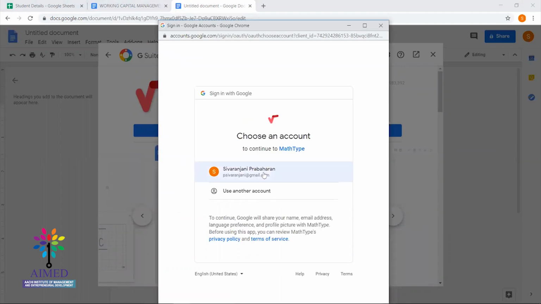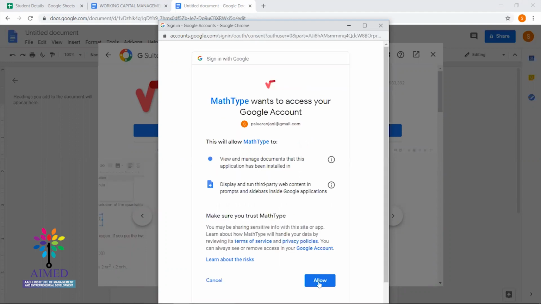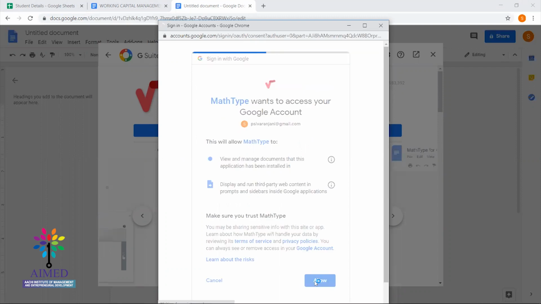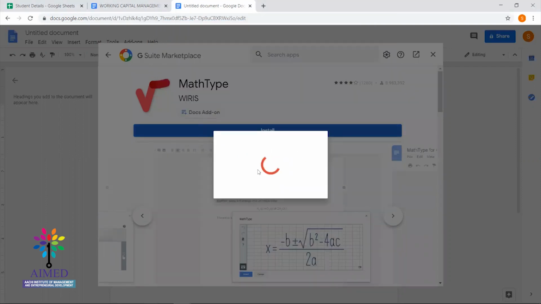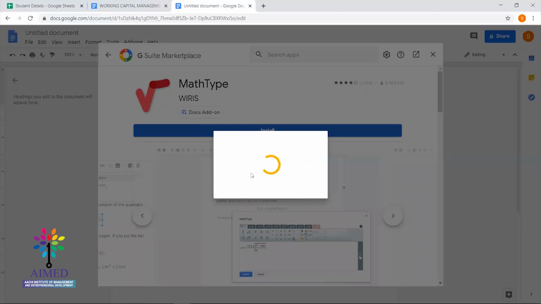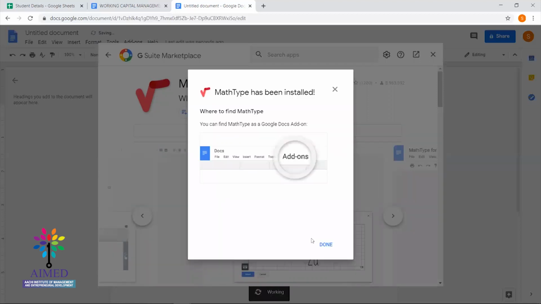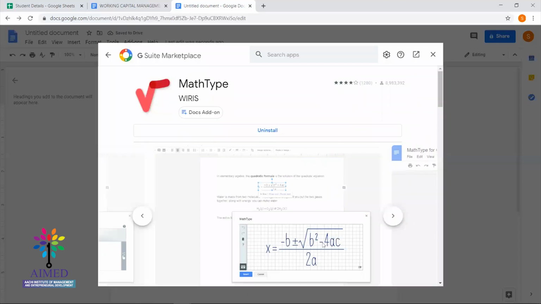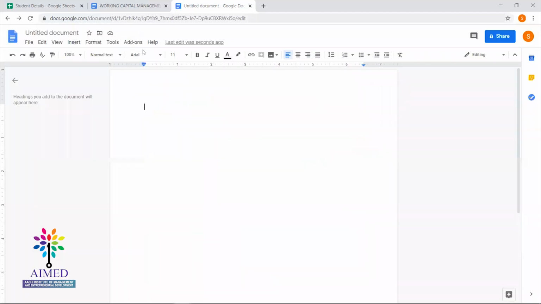So I'm installing from here. Select the Google account and give the required permissions. Once it is installed, you'll get a confirmation saying that this add-on has been installed to our Google app. So it is done. We can close this.